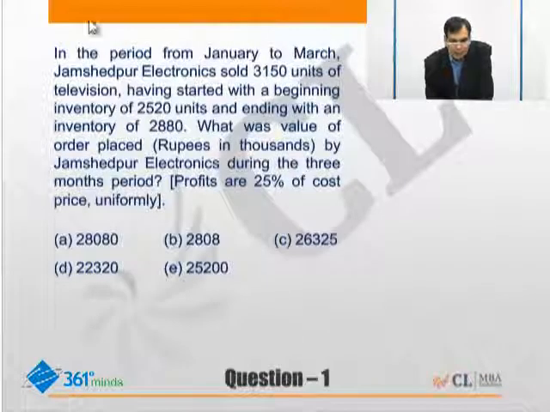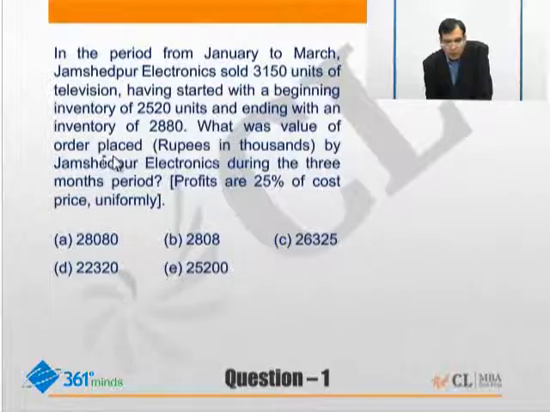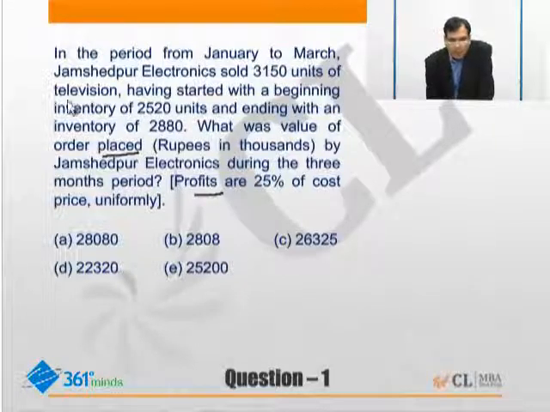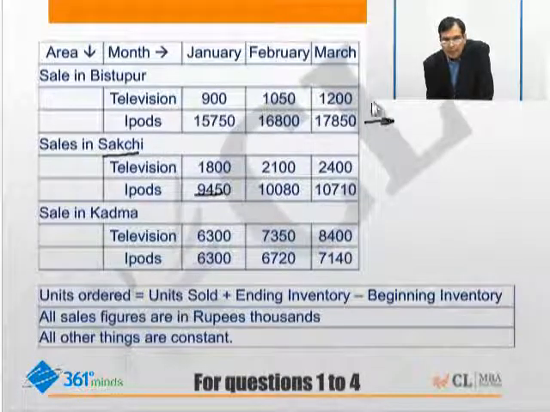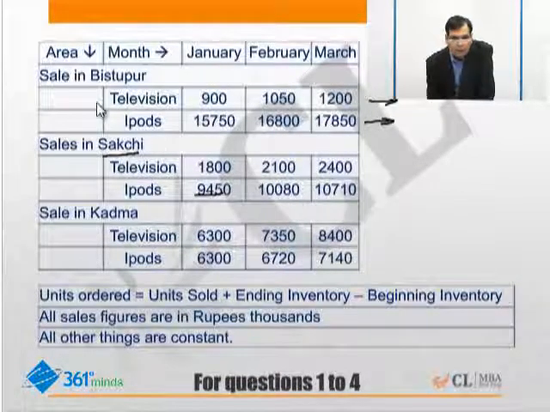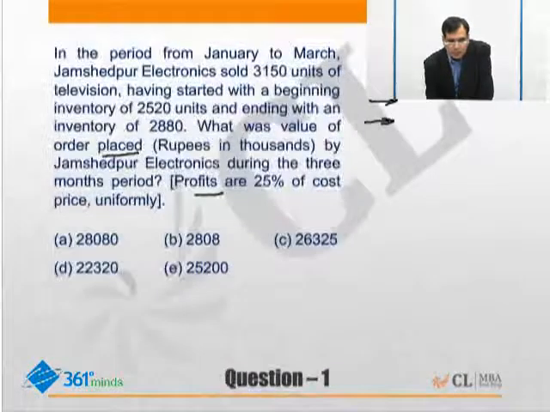So let's look at what are the questions and what are they asking us to do. The first question, it is asking us to find for the period Jan to March, so many units were sold. What is the value of the order placed? What was the value of the order placed is what is being asked. Okay. Profits is given to you. Okay. What will this question entail? It will possibly entail that you find out the total sales for the complete period, these months. Okay. This may be required. Let's go up further.